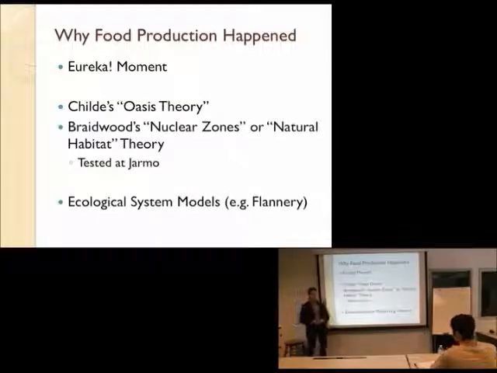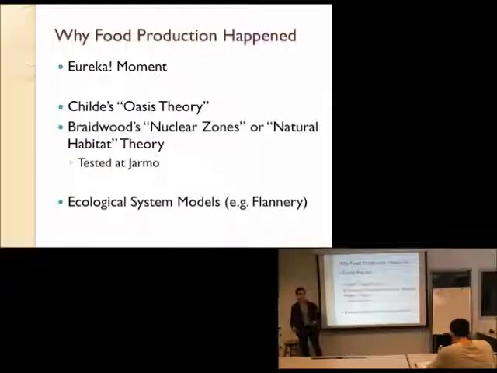I mean, human beings have been living for millions of years, or anatomically modern humans at least have been living for well over 100,000 years, doing the same thing. Day in, day out, every person who ever lived as part of our species was a gatherer-hunter. And when we talk a little more about the results of this, we will raise some questions as to why people started to make this bizarre as well as huge change and become farmers. We'll come back to this slide a fair bit, so no need to write it all down at the beginning. We can start by asking the question of why did this happen?